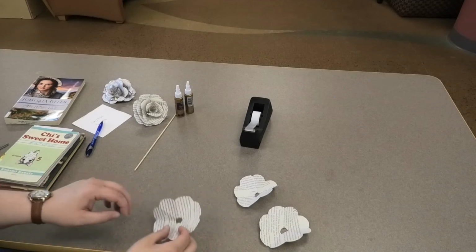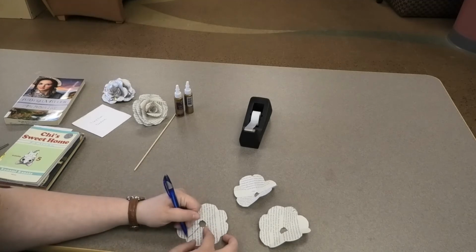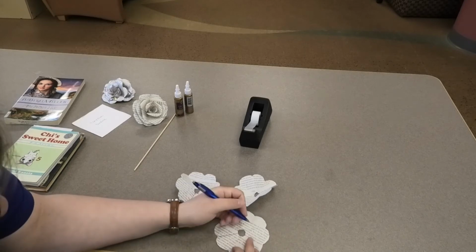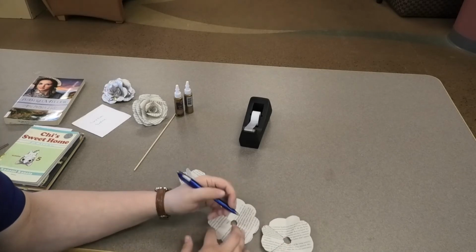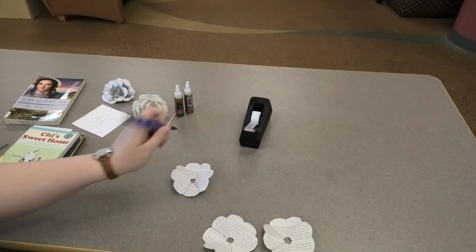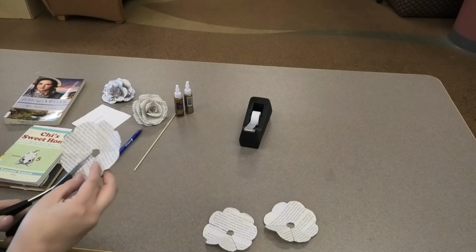So for our first petal group, each petal is where you can see the fold lines here, like so, and like so. So I'm just going to mark off 1 petal on the first group, and then 2 right here on the second, and then 1, 2, 3 on the third. So it's a straightforward 1, 2, 3 on your groupings. And then I'm just going to cut out those petals that I marked off,